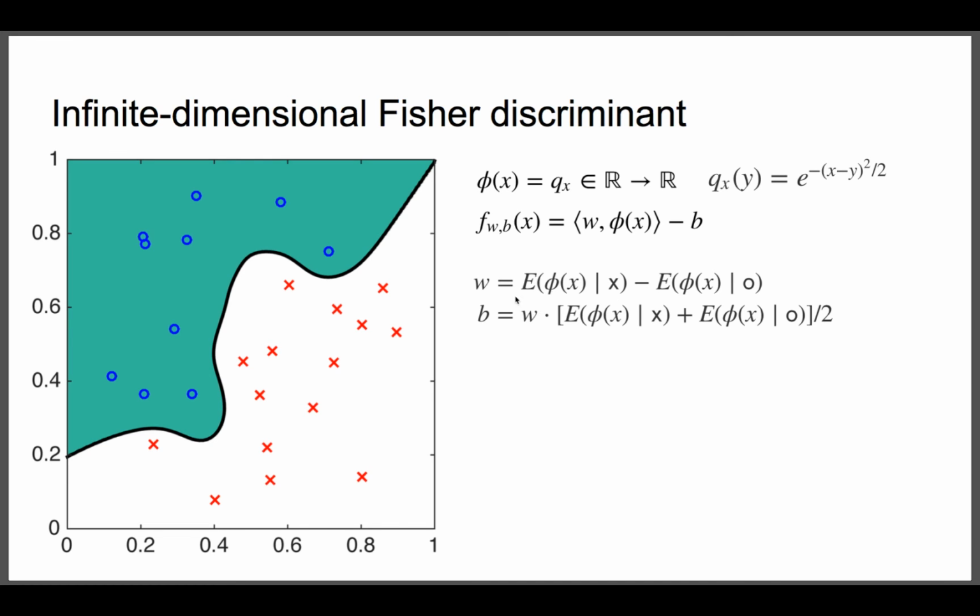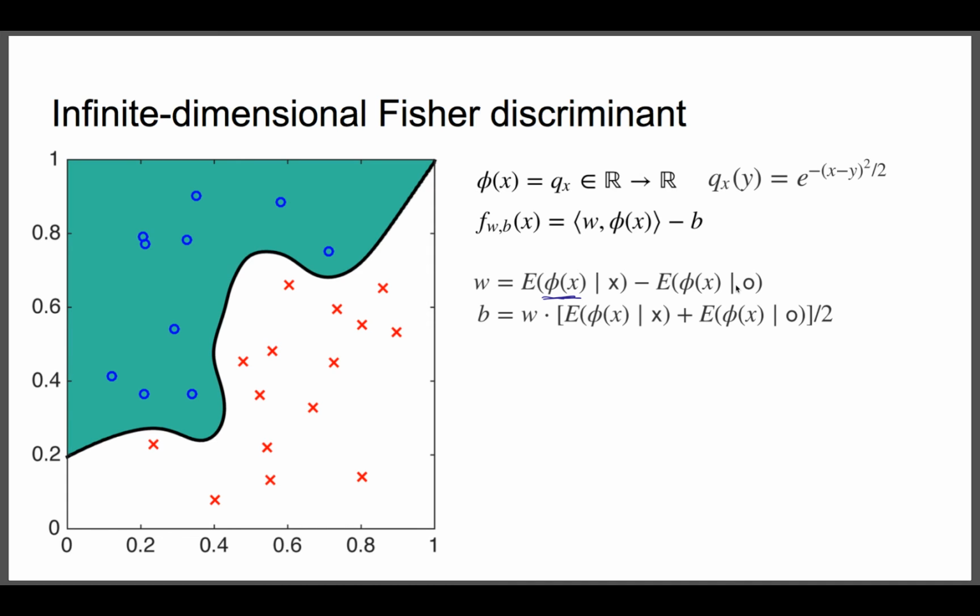We have the expected value of some feature function phi applied to our points in either the cross class or the circle class. And we take our discriminant function to be the inner product between w and phi of x, and we learn w according to this formula, right? Now, the difference is that phi of x, instead of being, let's say, a 5-dimensional vector,